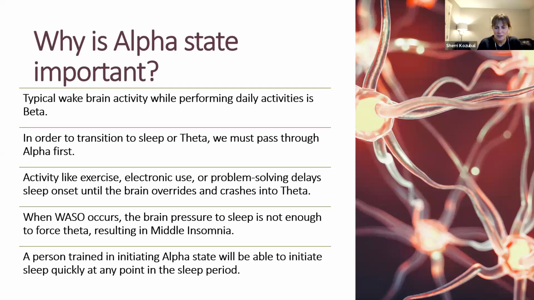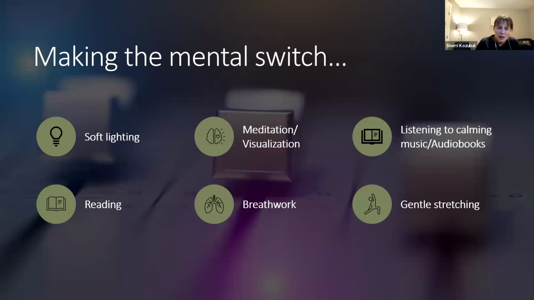So a person trained in this, like people with meditation and mindfulness, breath work, all those things, yoga, they can initiate sleep quite quickly because they're practiced at doing this, shifting that state. How do we make this mental switch? I went over this a little bit already: meditation, visualization, breath work, gentle stretching, listening to calming music or audiobooks, or even podcasts, soft lighting, reading apps, so many different things, chatting with your friend or your spouse or